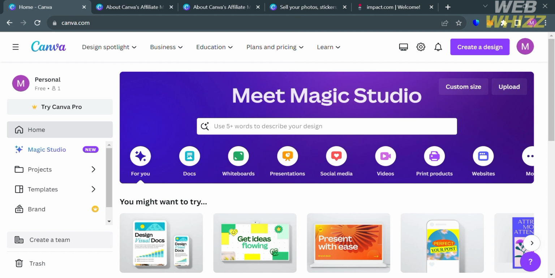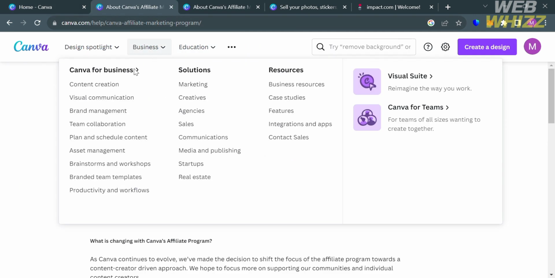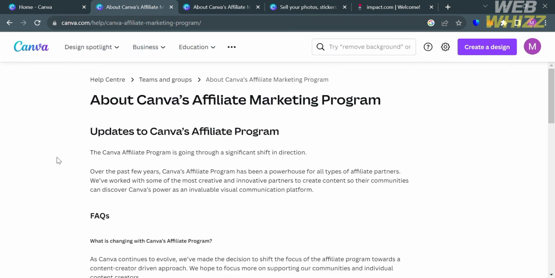However, we're not here to create a design, but rather we're here to earn money or commission using the affiliate program of Canva. And in order to do that, all you need to do is go to the next tab and kindly enter in the search bar Canva Affiliate Program and just click the first link that comes up. Or you can simply click the link in the description below, and you will be directed to this page,